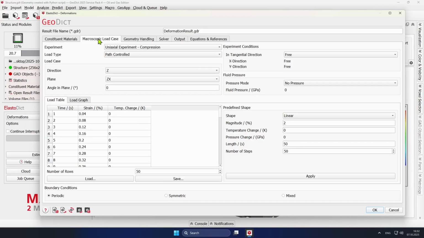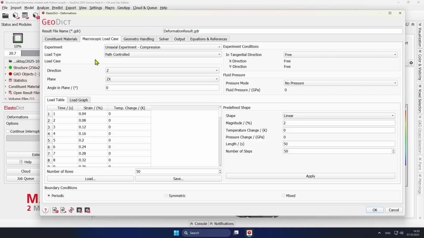With that said, we can go to the load case tab, and here by default the setup of the experiment is like for the uniaxial compression, so to obtain the UCS of the sample. You can go with either the strain, which is path controlled, or stress, which is the force controlled option. And path controlled works faster, as again the structure is first deformed and then you compute the stress field. And if we were going with the stress field, there would have to be some iterations to reach the exact